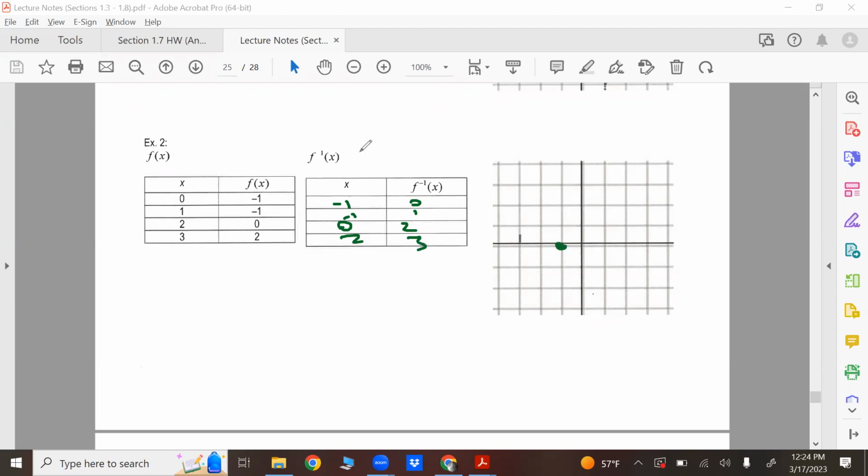So let me do the inverse in dark green. 0, 2, 2, 3. And then let me do the original in red. 0, -1, 1, -1, 2, 0, and 3, 2. And let me draw a pink line. So you see how the green and red points are symmetric about y equals x? Yeah. So again,